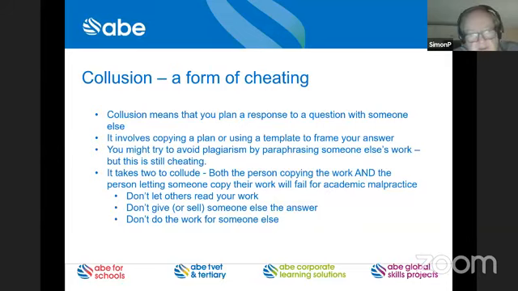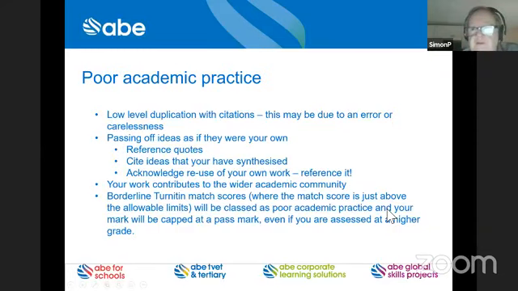So as general rules about this, don't let others read your work. Don't give or sell somebody else an answer that you've already provided and for an assignment that you passed, which looks very similar in terms of the questions that are being asked, and particularly don't do the work for somebody else. Next slide, please. So poor academic practice, or PAP,